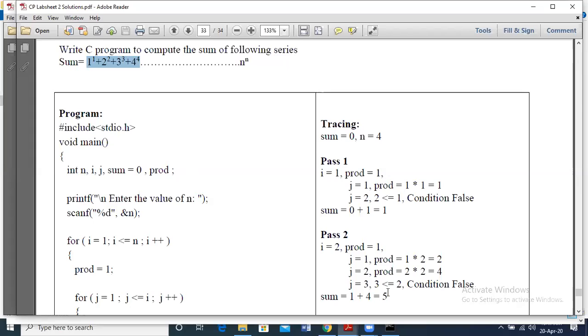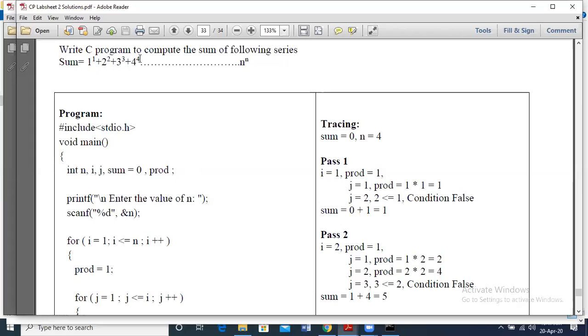So let us consider I starts from 1 and ends at 4. But what is the number of times we are multiplying each time? That depends on the base. 1 is multiplied 1 time, 2 is multiplied 2 times, 3 multiplied 3 times, 4 is multiplied 4 times.